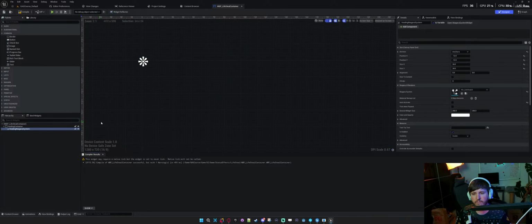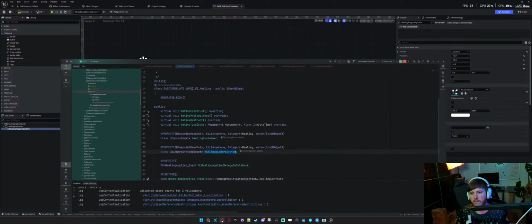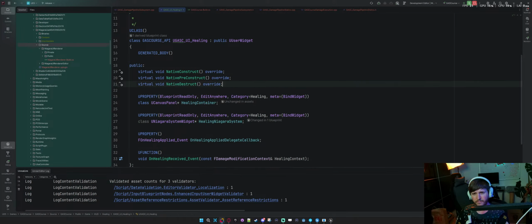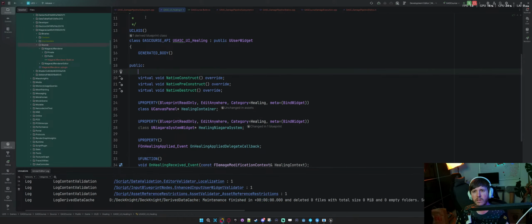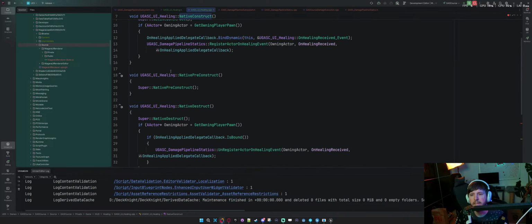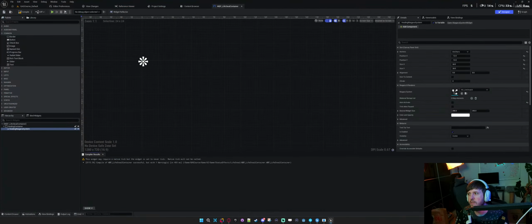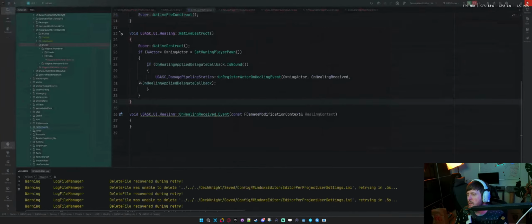Almost. So I don't think I need to do tick here. So I'll need to recompile that. Get rid of that final warning. And then